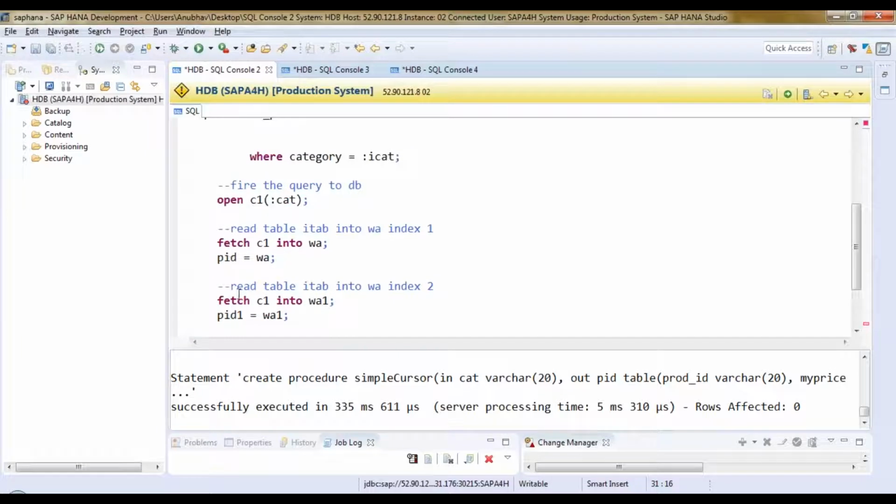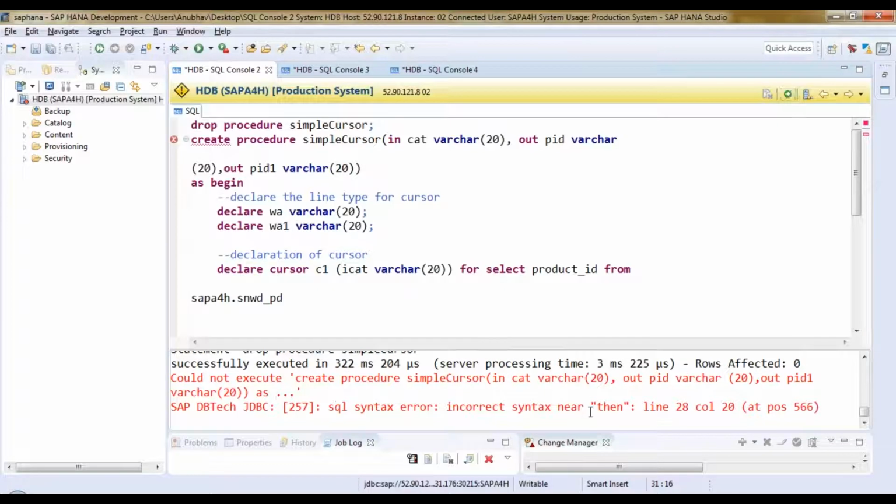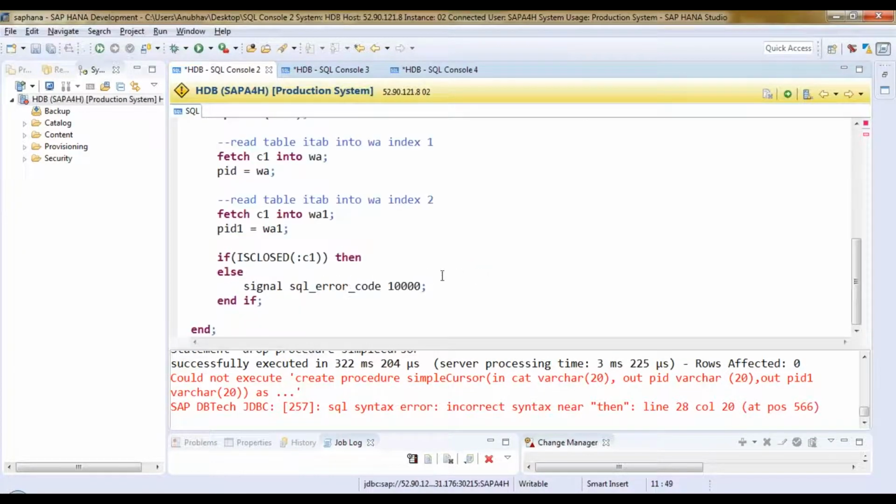So you see, I didn't close the cursor after fetch. So let's run this simple cursor example one more time. Okay, there's an error near THEN. If this, then nothing else. Why is it giving me an error in the IF statement? It should not ideally, right? IS_CLOSED C1, then